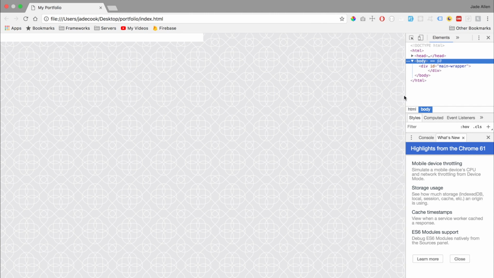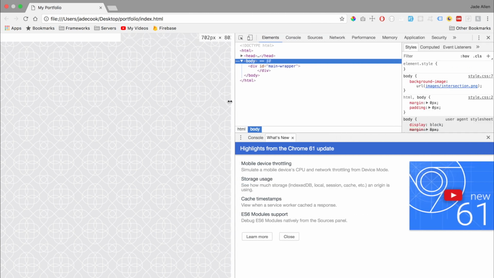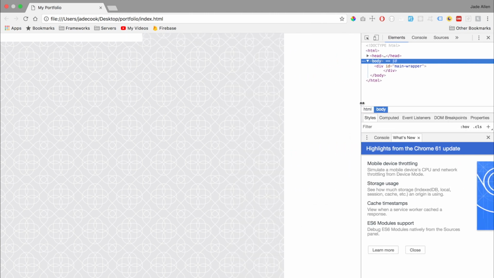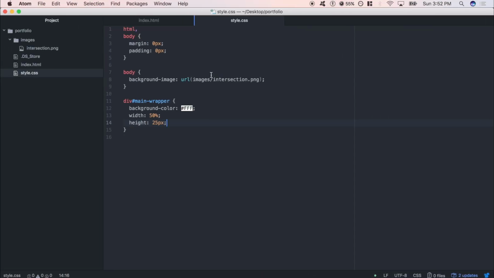So we have this all the way up in the corner now. We have it 50% of the page. You see when I shrink down my developer tools that div expands. But we need that div centered. So there's this thing called